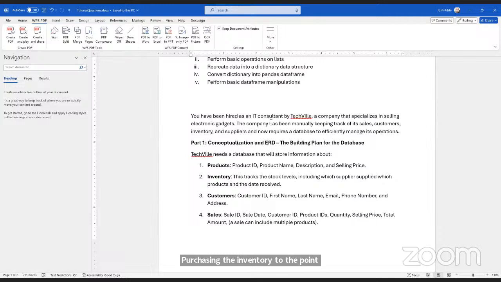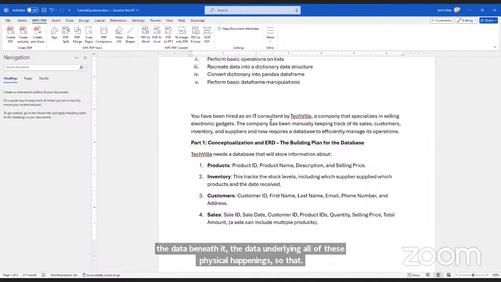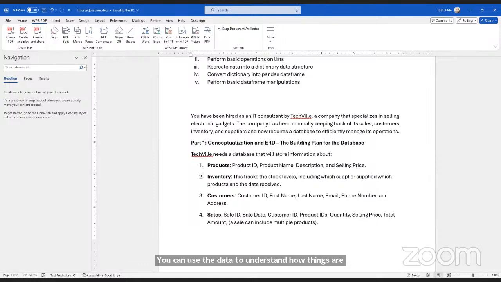Everything that happens in between, you are modeling and tracking it, tracking the data underlying all of these physical happenings, so that you can use the data to understand how things are happening and make the changes necessary.